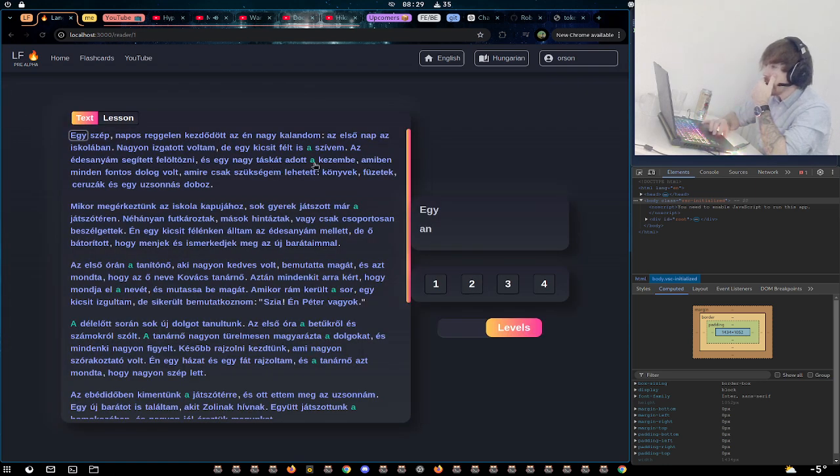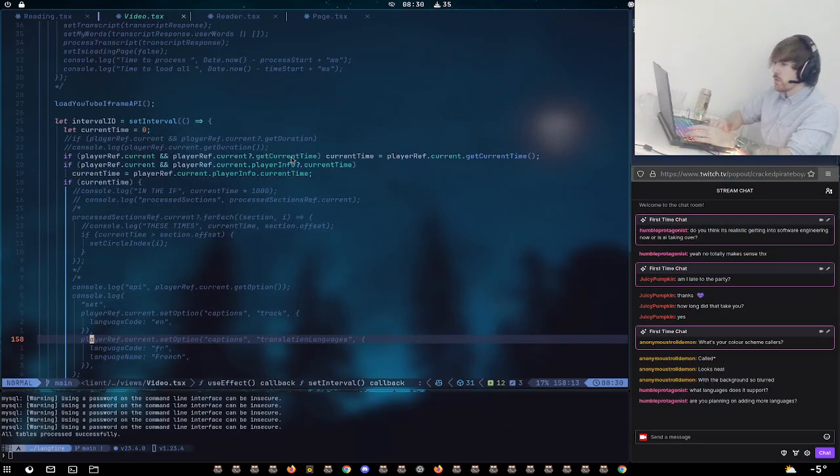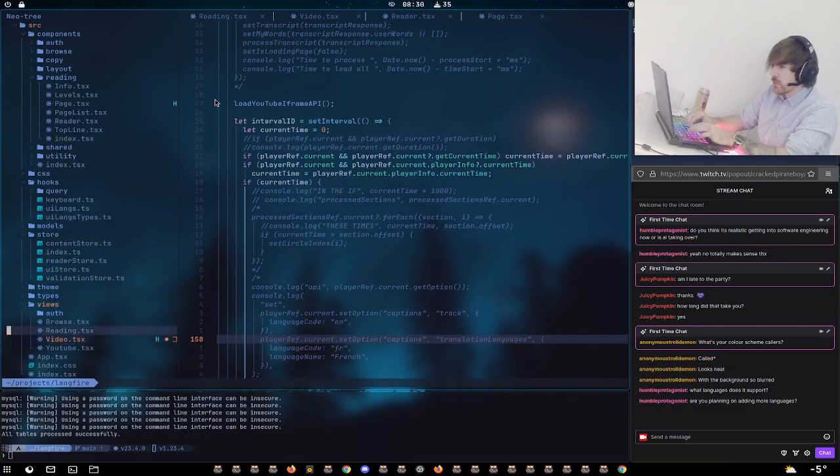Oh, but it thinks I've got a level on that for some reason. That needs to be fixed because that came from English. So get user words should only get the user words, so they need to be separated by language.